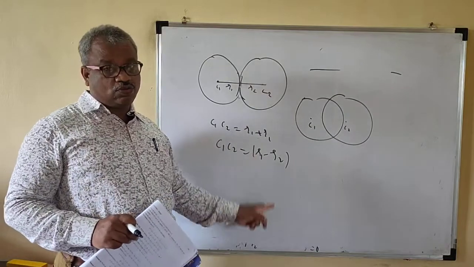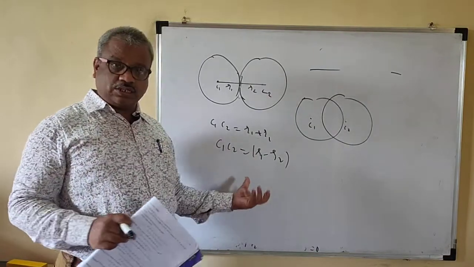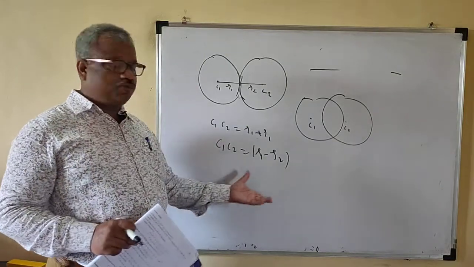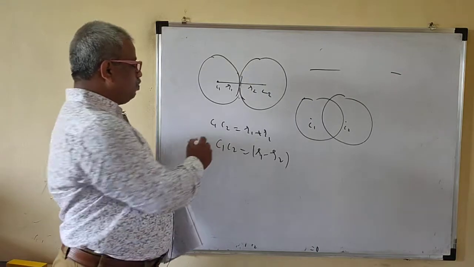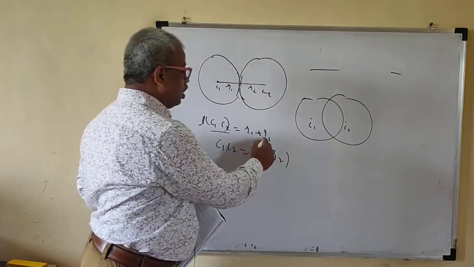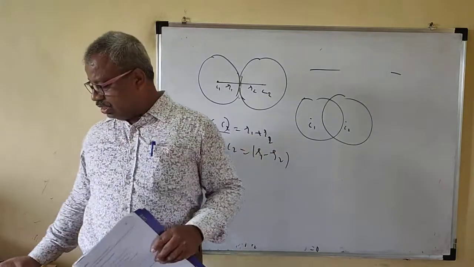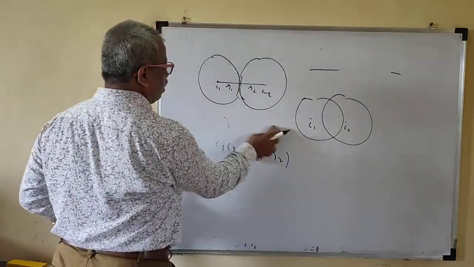This R1 minus R2 option may be there, R1 plus R2 option may be there, minus is there, but distance is always positive, so many options will be there. You have to take care of that. So the distance between the centers, that means the length of C1 C2, is R1 plus R2; R1 minus R2 will be there, R2 minus R1 will be there. You have to take care of that.